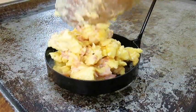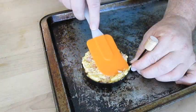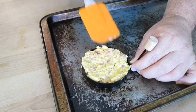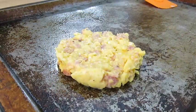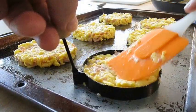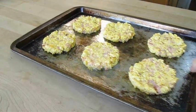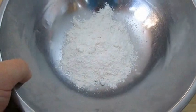Because once you load your eggs into one of these things, you can press on it flat with a spatula and get a real nice mold out of it. This way they'll all be the same shape, they'll all be the same size, and it'll look professional. But we need these to retain their shape when frying, so we're going to put them in the freezer for an hour. Now in a mixing bowl I've got some flour,